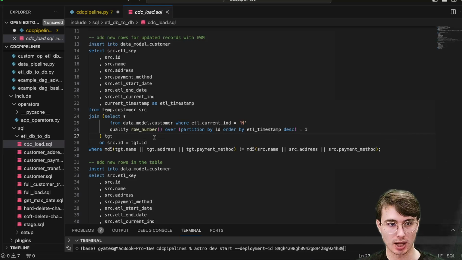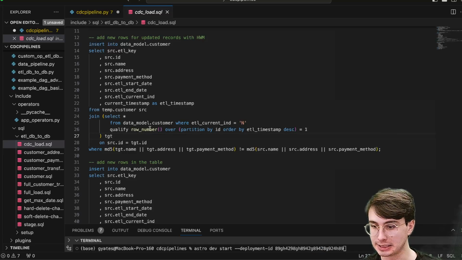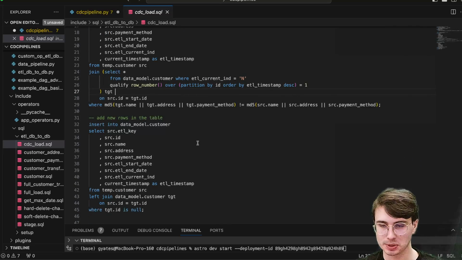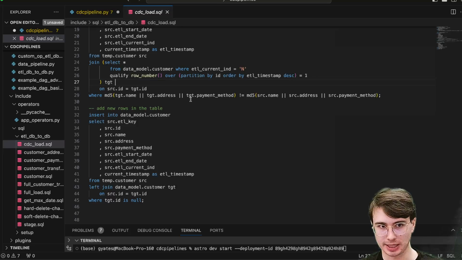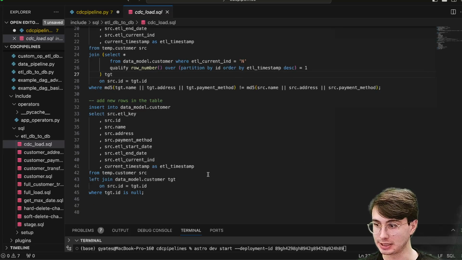And then this qualify clause in the row number window ensures that only the most recent record for each ID is considered for updates. That way we're not just updating existing old records and also updating new records as well, and creating those double inserts. Then finally, once we have our new records to be updated, we have identified which records need to be replaced. We're then going to add new records into the data model customer table that do not exist